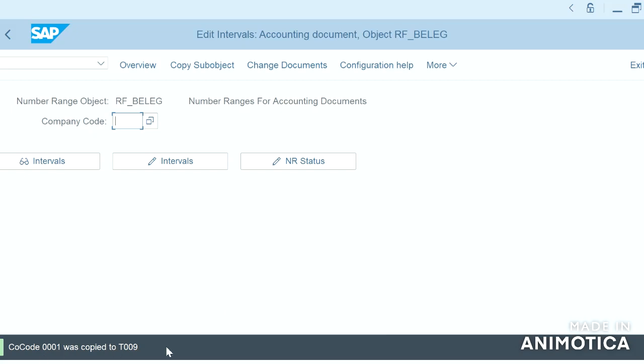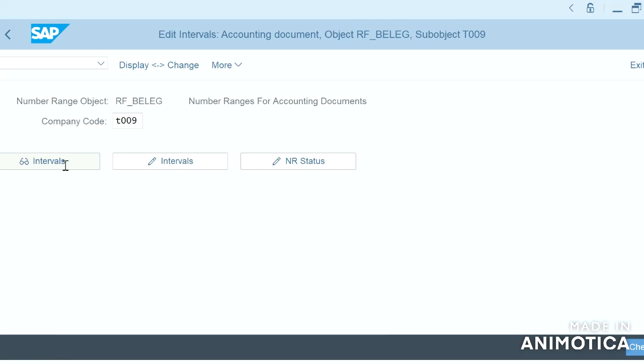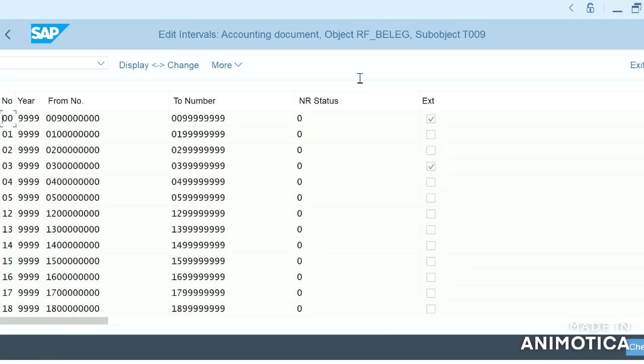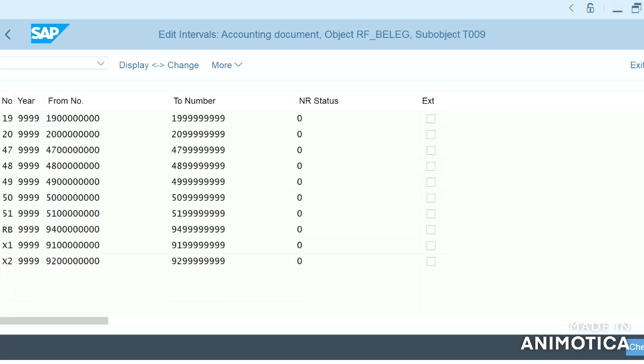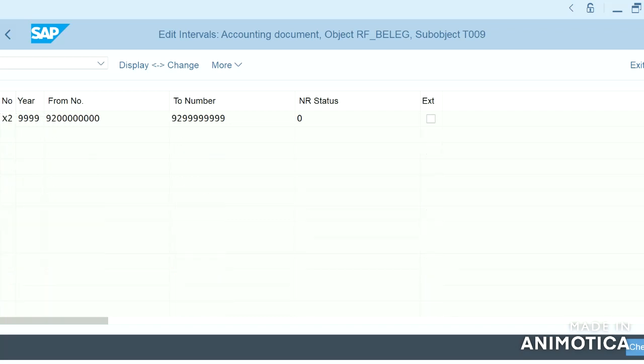The company code was copied to 009. Let us check whether it is copied or not. All the number ranges which were in the standard company code were copied to our company code.